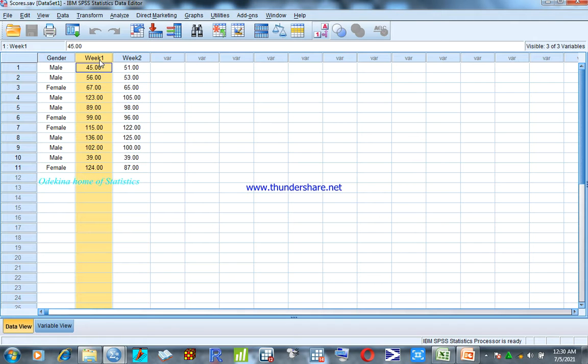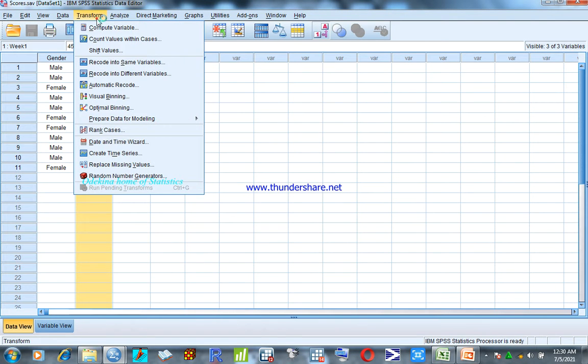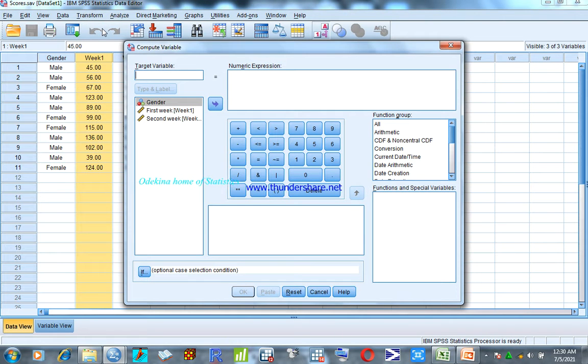So for us to carry out a logarithmic transformation for week 1, we go to the Transform drop down menu, we go to Compute Variable. Under this Compute Variable we have our target variable. This is where we are going to specify the name of our new transformed variable. So we can call it new week 1, we can call it